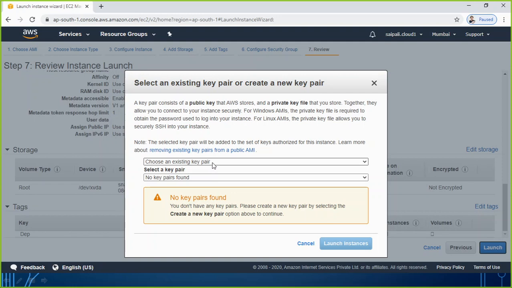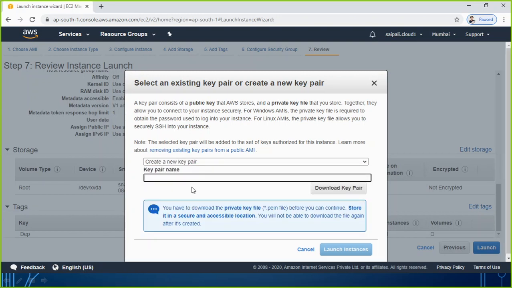If you already have a key pair, you will choose an existing one and get a list here. As of now, since I don't have one, I will go with Create new key pair. So right now let me create a key pair for this machine.